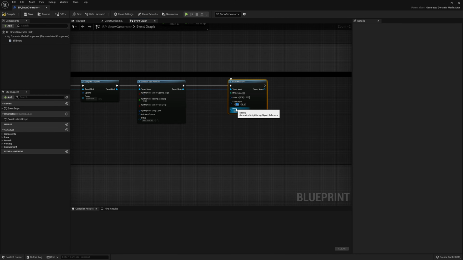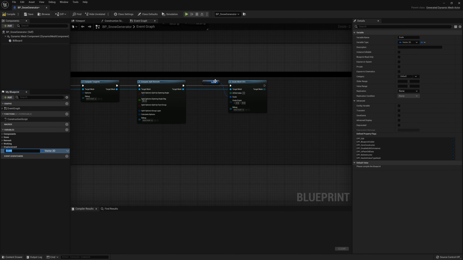So for ease, I'm just going to set this to the middle, which means that it's scaling from the center. You could potentially promote this to a variable if you want it as a choice, but I don't generally find that I need to have that. Then I'm going to right click here and promote this to a variable, and this is basically going to be the scale or the tiling of our UVs. We want to call this UV scale,